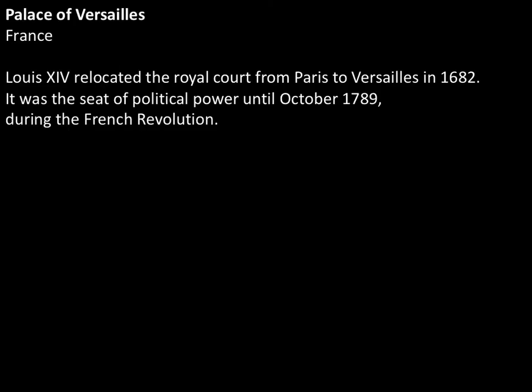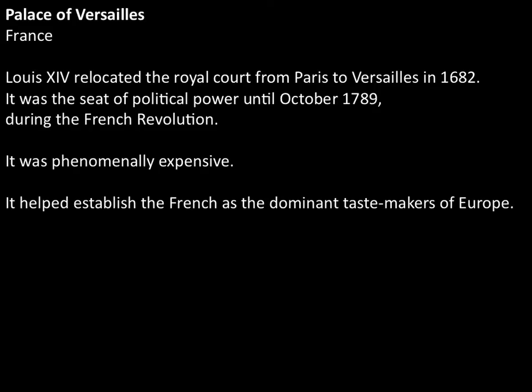The iconic building of the French Baroque is the Palace of Versailles. And this is where Louis XIV had relocated the royal court from Paris to Versailles in the late 1600s. And it was the seat of the royal power until the late 1700s, French Revolution, off with their heads, all of that stuff. This palace was phenomenally expensive, extravagantly expensive, but it also helped establish the idea that the French